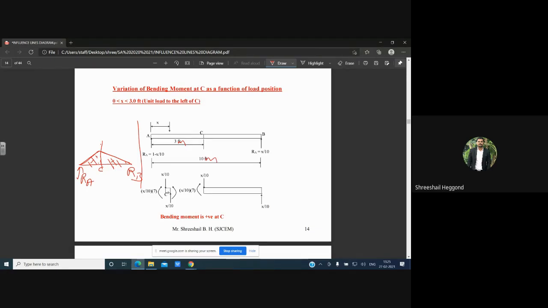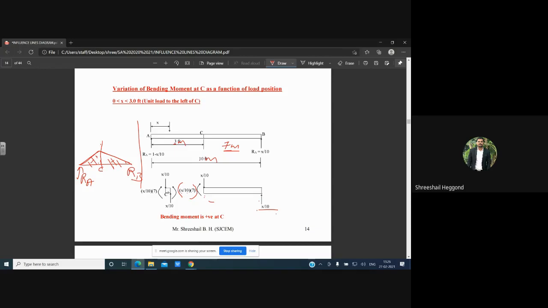If I am considering the right hand side section of the component, that gives x divided by 10 is RB, into the perpendicular distance of 7 meter, and gives the moment like this. 10x divided by 10 into distance 7. Why 7? Because this side is 3 meter, the remaining will be 7, because the total is 10. x divided by 10 into 7 gives the moment about the axis at point C,